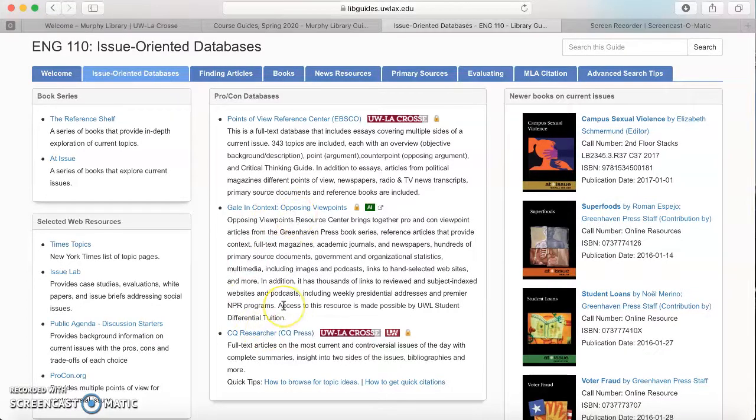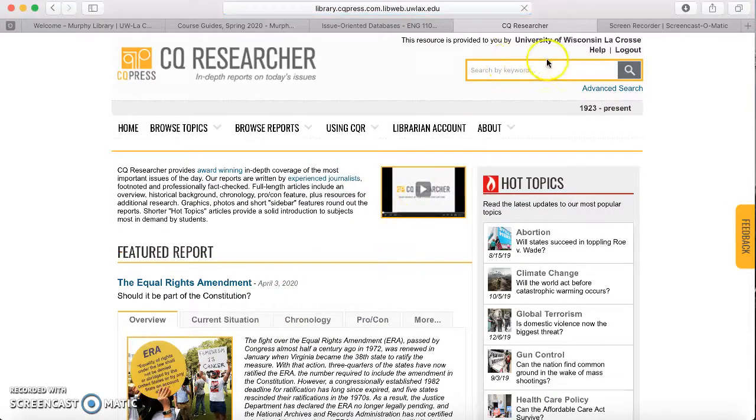They're all pretty similar in that you won't get as much scholarly content or original research, but you will get a lot of summaries of a topic. The first one that I'm going to go to, down here, is CQ Researcher. It stands for Congressional Quarterly. They study a topic that is politically sensitive or talked about, and they try to find both sides of the topic so that it can be put into a brief form for people in the legislature. So I hit CQ Researcher, and notice how it has a search box